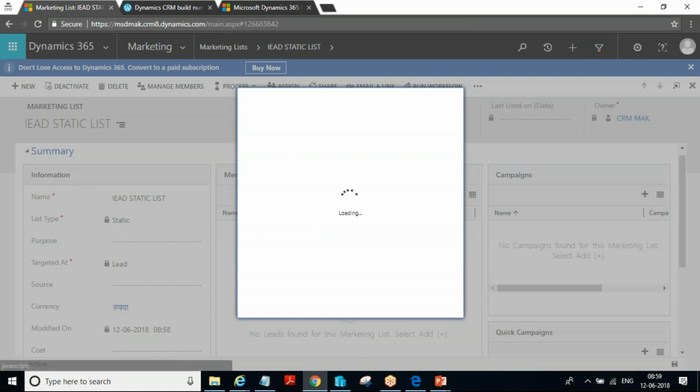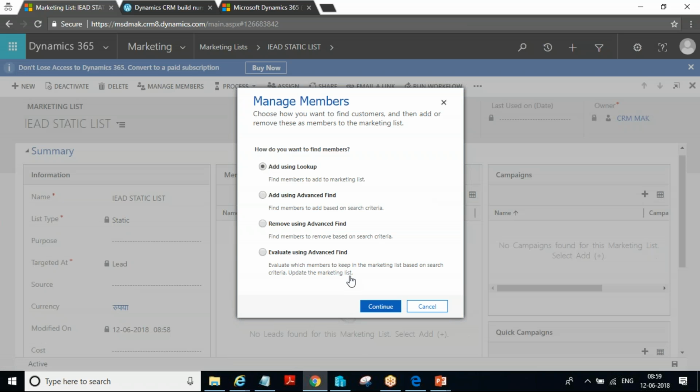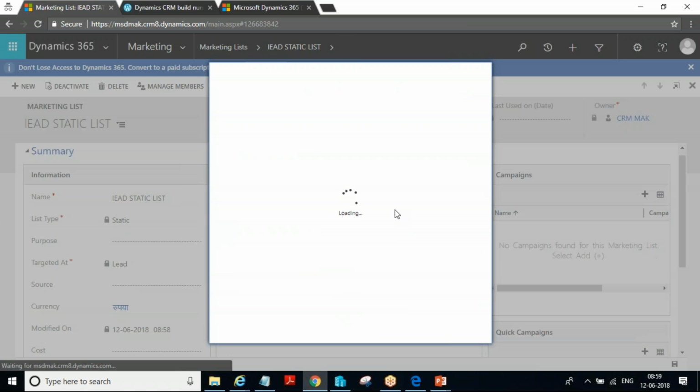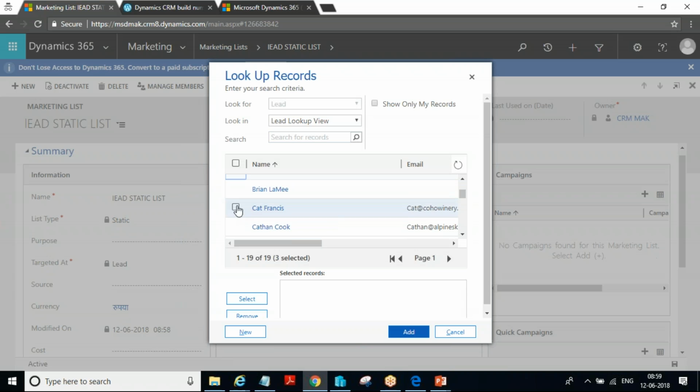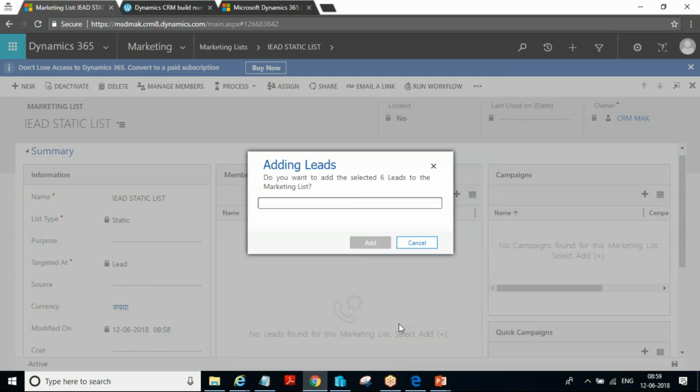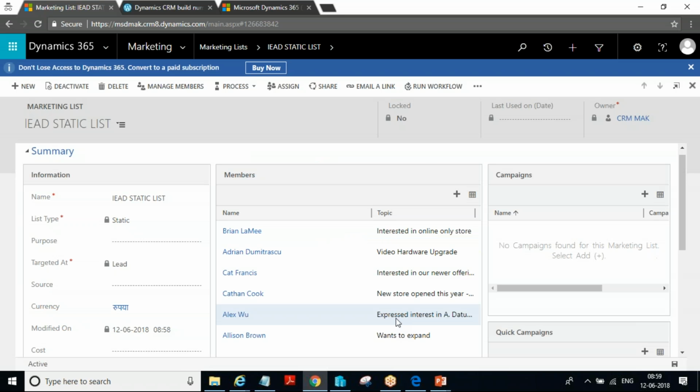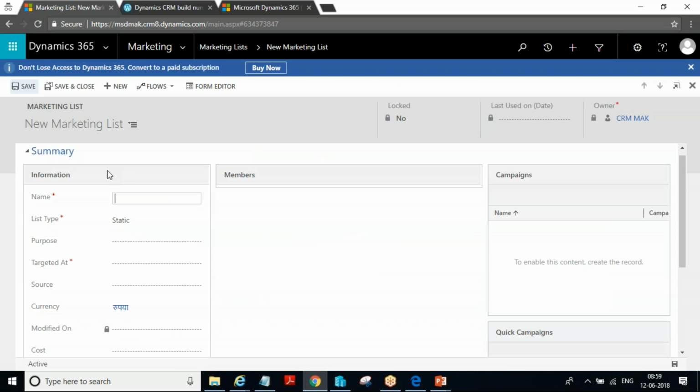Next, I'm going to add the members. Using a lookup, I'm going to add the members. So I added the members here. This is a manual process, so you go and add the members manually. How many members you want, you can add. I just added these members. Okay, next I'm going to create another marketing list, that is account